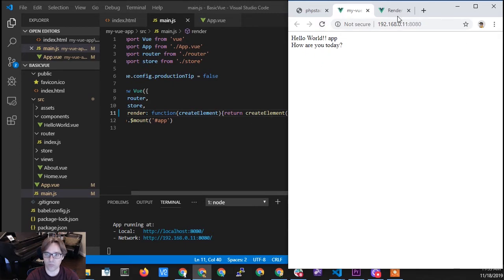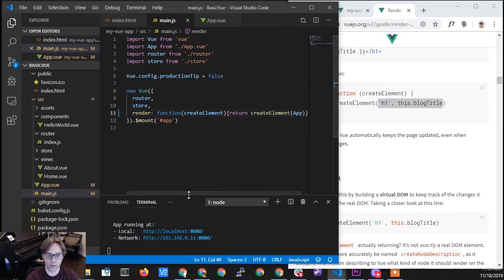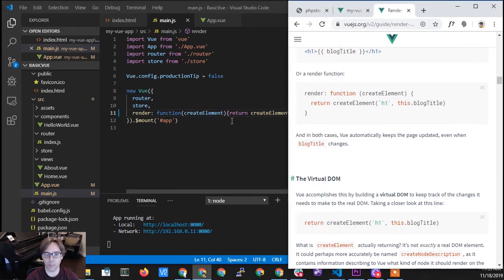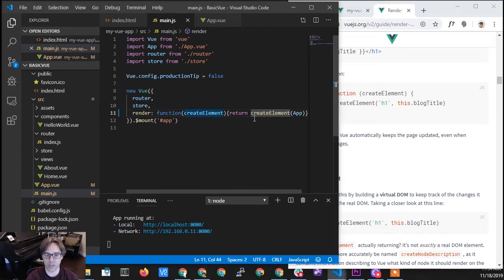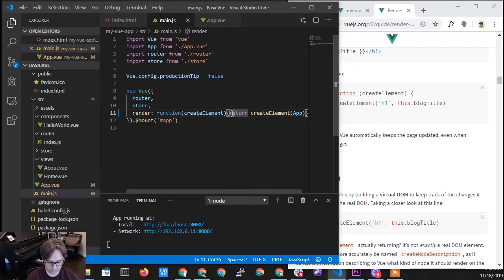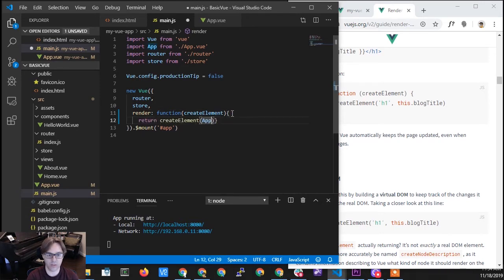So hopefully you can see that's arrow functions 101. We've changed this to look like this. If I just format it, you'll see that they're the same,